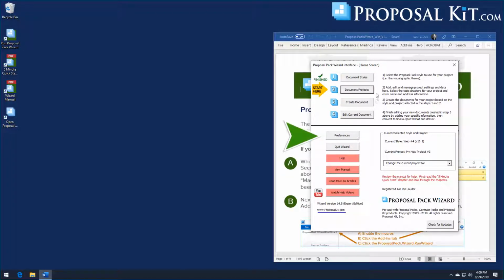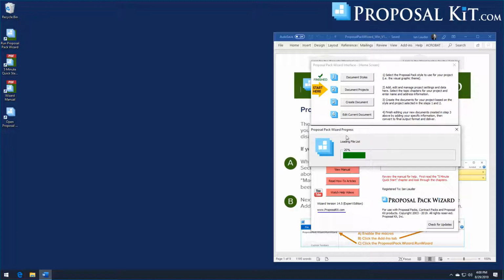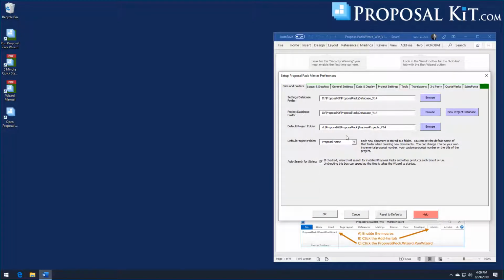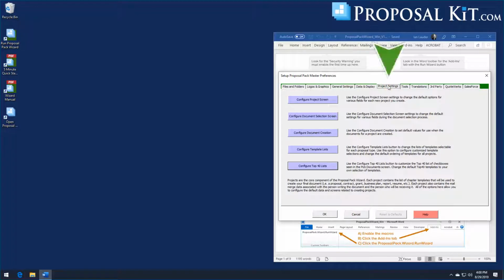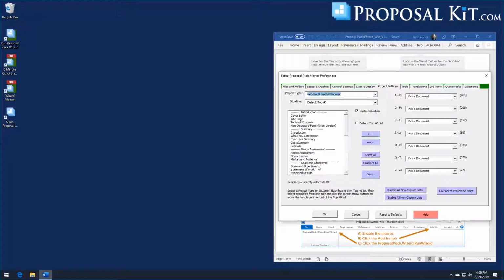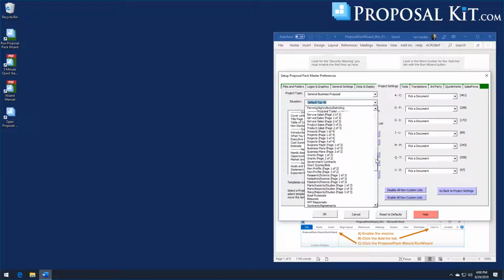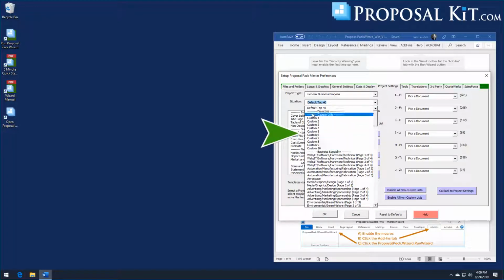So from the wizard home screen, you'll click the Preferences button. And then click the Project Settings tab, and then click this button, Configure Top 40 Lists. Now you'll see we have lots of top 40 lists created here. And we have 10 set aside here, custom 1 through 10, for you to fill up with your own list of chapters. So custom 1 through 10 are turned off by default, so you won't see them in the project screen. But we'll just go to